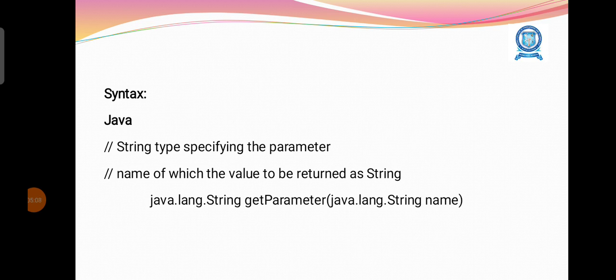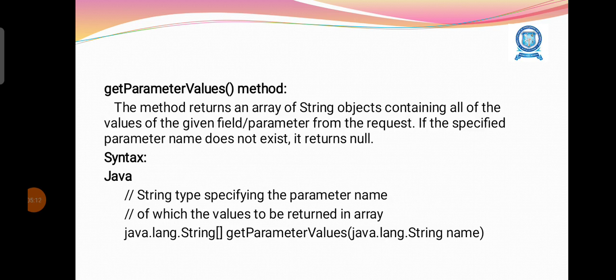java.lang.String getParameter(java.lang.String name). The getParameterValues method returns an array of String objects containing all the values of the given field or parameter from the request. If the specified parameter name does not exist, it returns null. In Java coding, we will use the syntax like this: